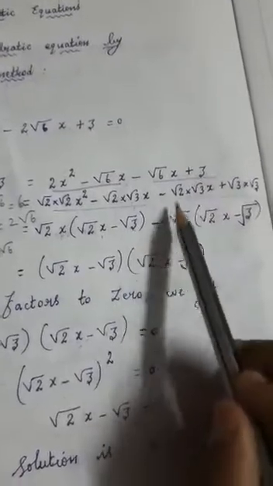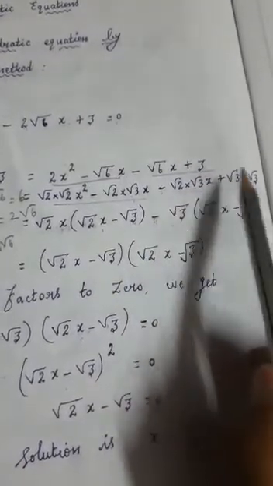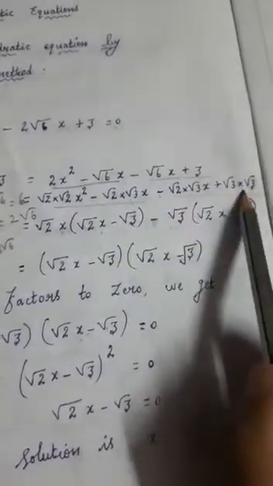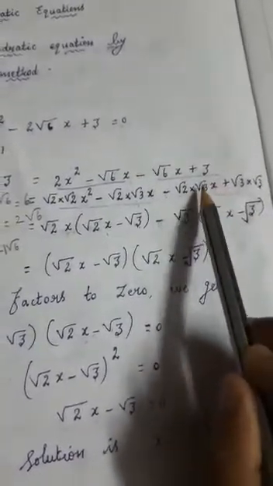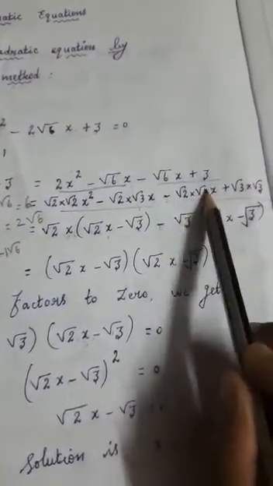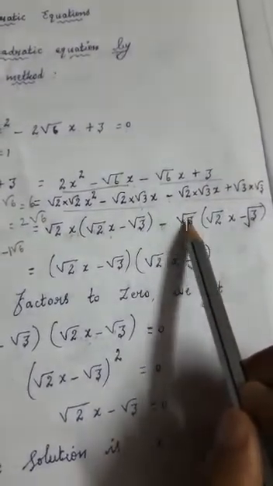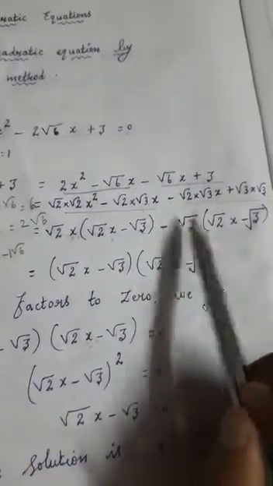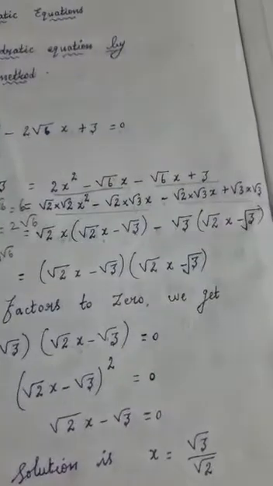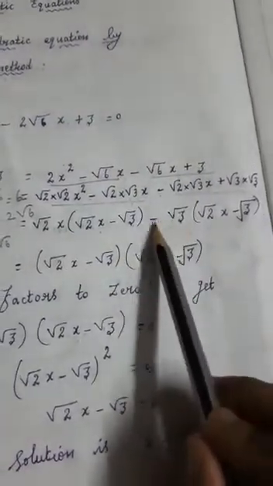The next one: here 1 root 3 you have, here root 3 1 time you have, here root 3 2 times you have. But both the times root 3 is there. So 1 time can you make it outside or not? The lowest times only need to take. So root 3 you can make outside. Root 2, here in the first term, the second term has no root 2, so you cannot make it outside. So root 3 you can make outside. Minus also we have taken outside.